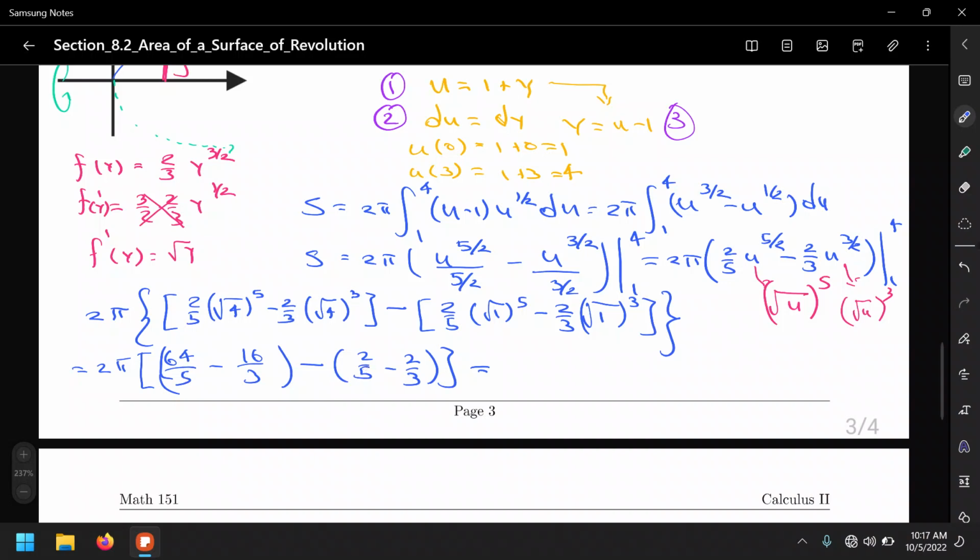64/5 minus 2/5, that's 62/5, and negative 16/3 plus 2/3, that's 18. Wait a minute, it's 14/3, right? Minus 14/3. And then multiplying this together, well, I forgot the 2 pi outside. I thought I had the result with me. Anyway, so that should be,